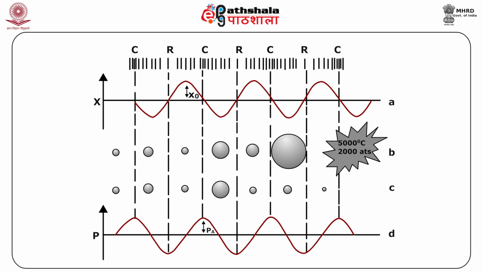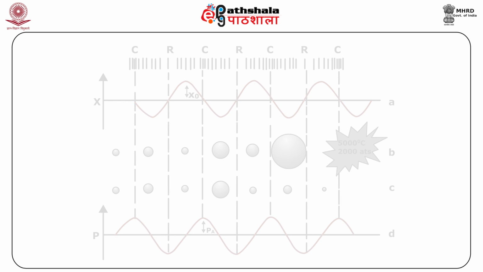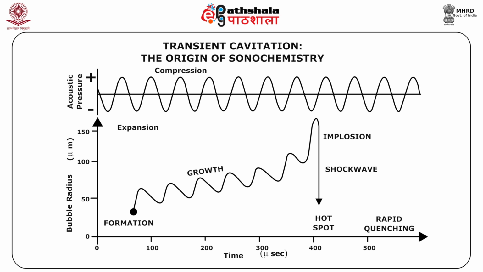Part A depicts displacement, B shows transient cavitation, C shows stable cavitation, and D depicts the pressure. As the ultrasound crosses the medium, the average distance between the molecules will vary as they oscillate about their mean